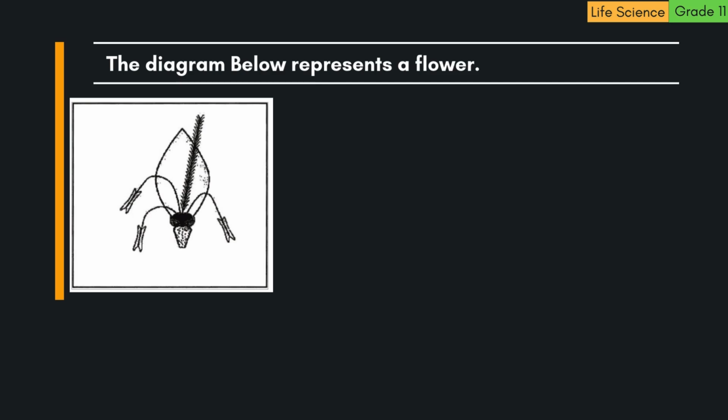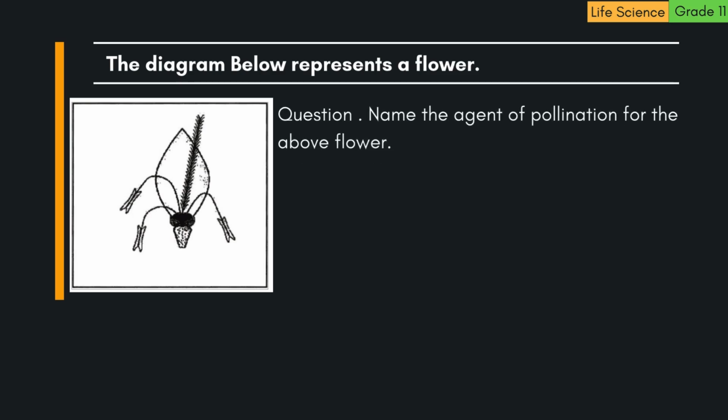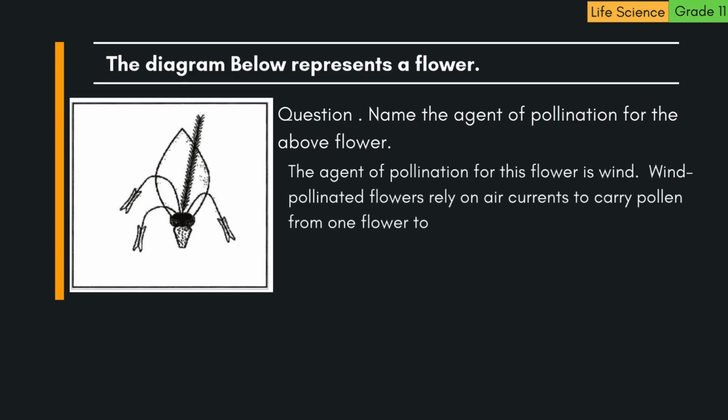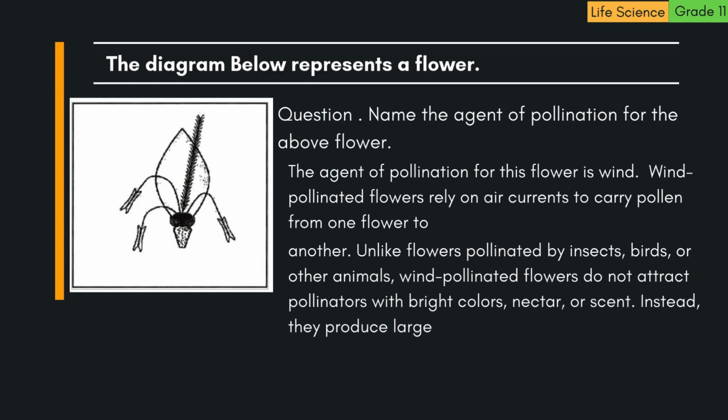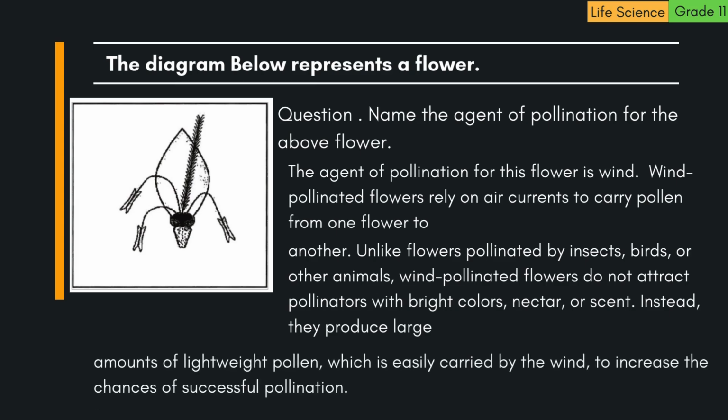The diagram below represents a flower. Question: name the agent of pollination for the above flower. The agent of pollination for this flower is wind. Wind-pollinated flowers rely on air currents to carry pollen from one flower to another. Unlike flowers pollinated by insects, birds, or other animals, wind-pollinated flowers do not attract pollinators with bright colors, nectar, or scent. Instead, they produce large amounts of lightweight pollen, which is easily carried by the wind, to increase the chances